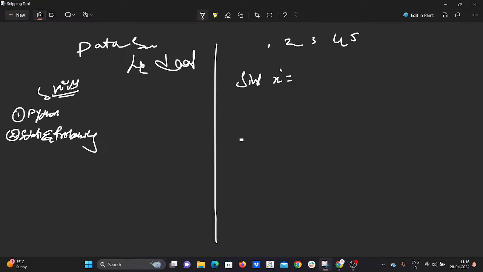Absolutely. The formula of the mean is the sum of observations divided by the total number of observations, right? So we get 3 as the mean. What happens if I give this a range up to 1000? Is it possible to find the mean by simple calculations? No, right? We can't find it.